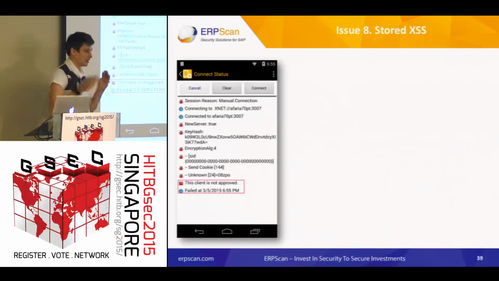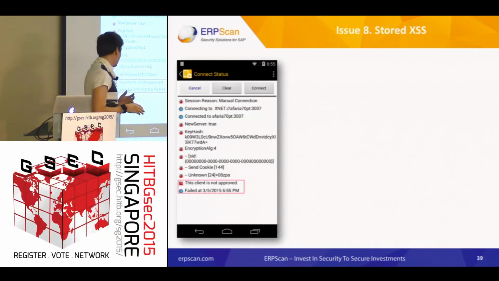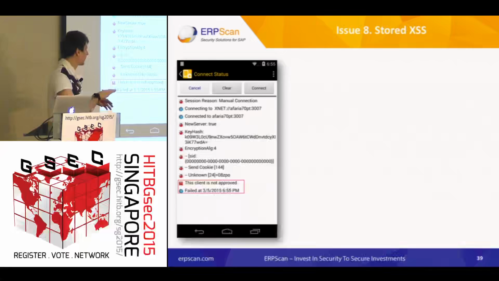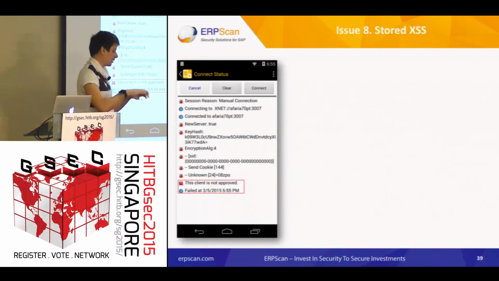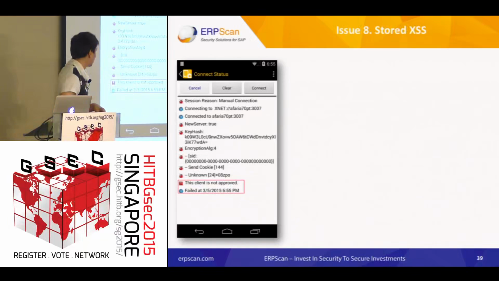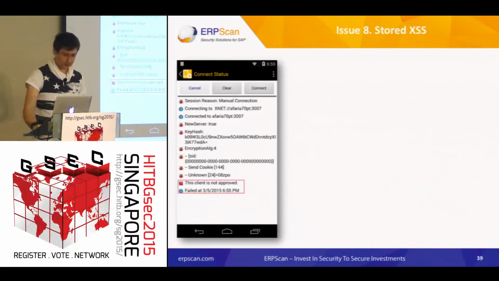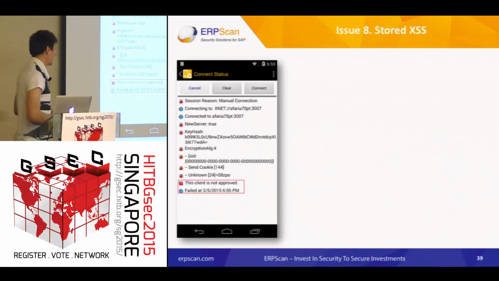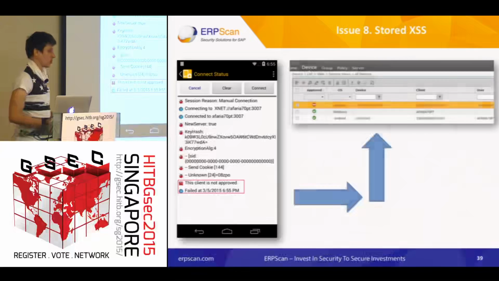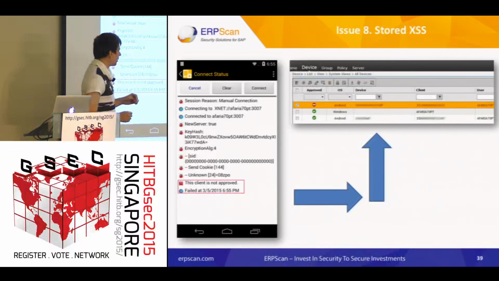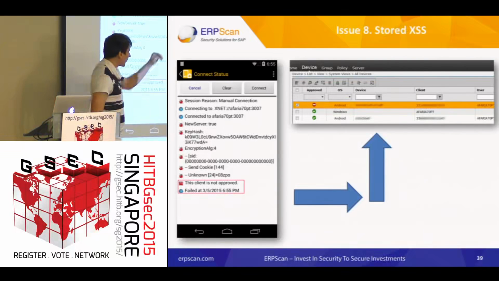If we send a request saying, hey, I'm an Android phone with IMEI 123, I have version 3.2.1, and so on, what happens? Of course, Afaria returns the message, this client is not approved, but what's interesting is, on the administrator panel,